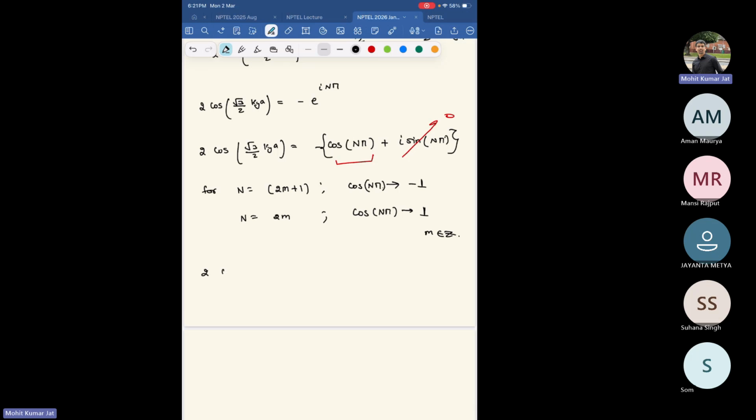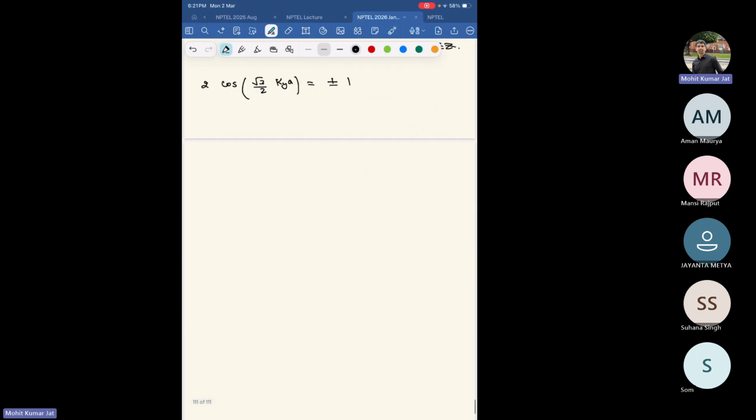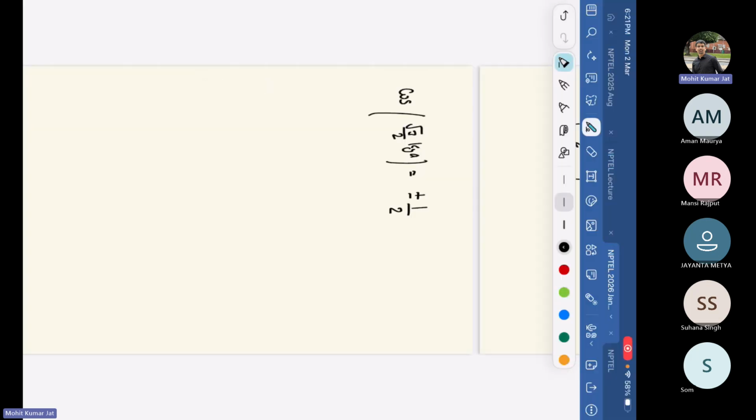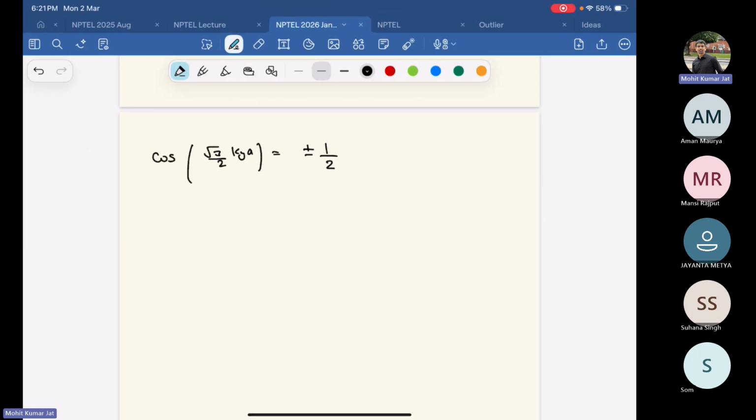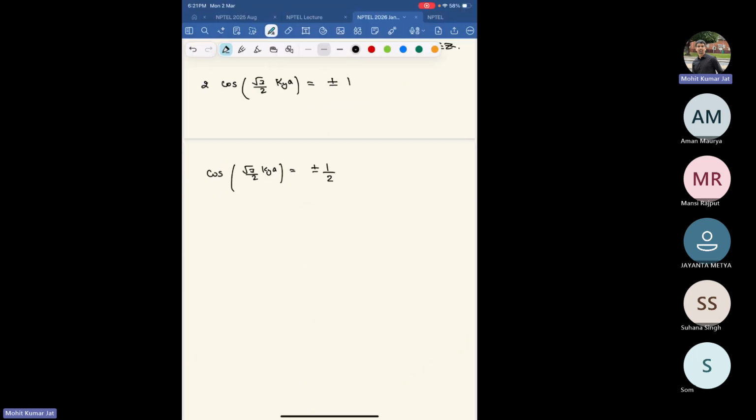So what effectively we get is 2 cosine of root 3 by 2 kya is equal to plus minus 1. We can take the inverse of it also, so cos of root 3 by 2 kya is equal to plus minus half, and we know that cosine of plus minus half is essentially